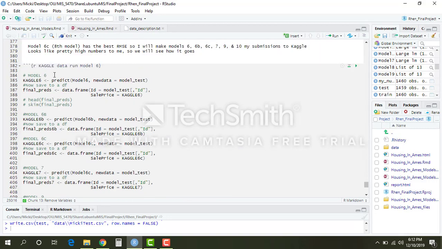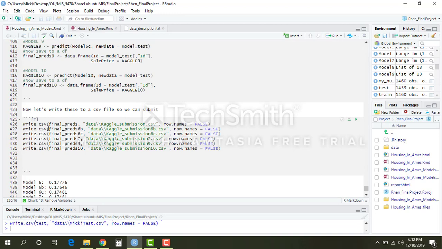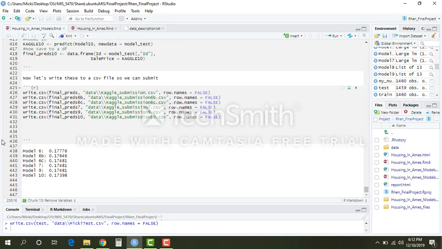This is just the section where I created those for submission, wrote them to CSV files, and then here is what my results were on Kaggle compared with the actual test data. My lowest one ended up being Model 10, which was